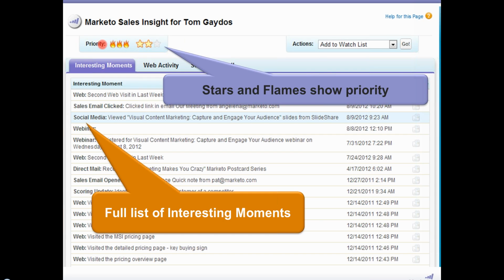So basically, we're able to build up a lead score over time that shows how your fit is, which we indicate here. This is what it looks like inside Microsoft Dynamics or the CRM system. So you have your fit score, which we show with these stars, and that shows how interested we are in you based on your demographics. And then you have your flames, which show your priority, how hot you are, what's your buying intent and your engagement with us. And then we have this view of interesting moments that let people see exactly what this person has done